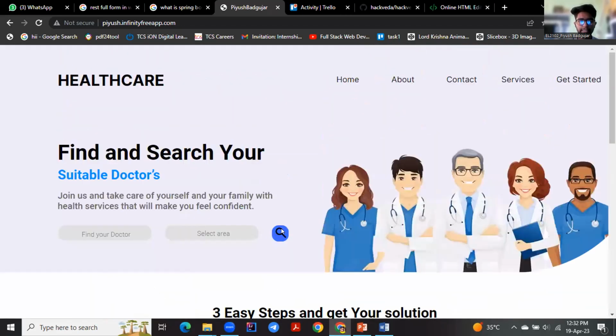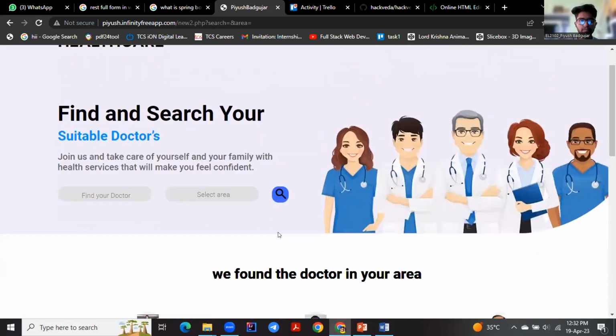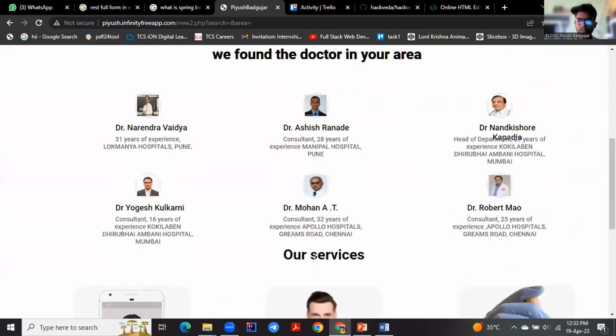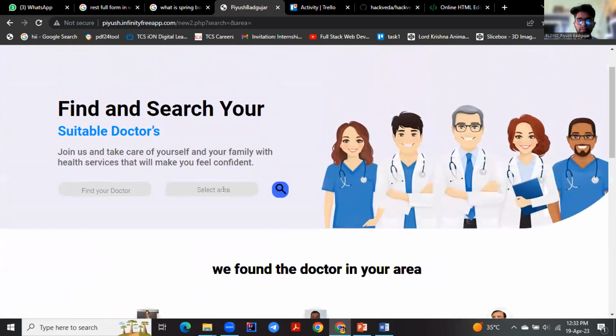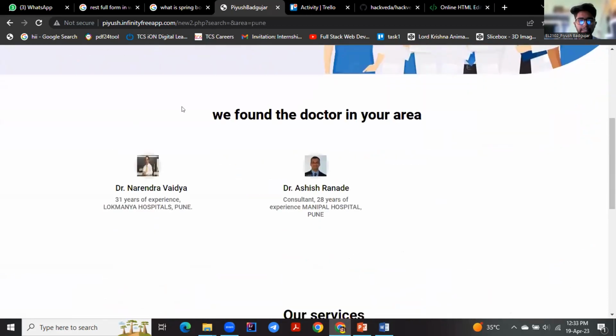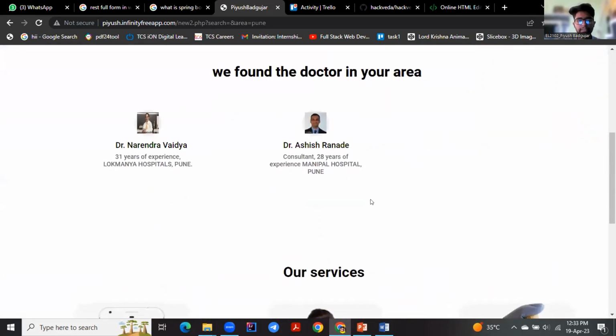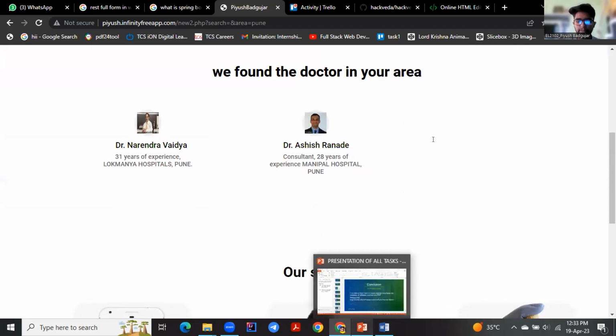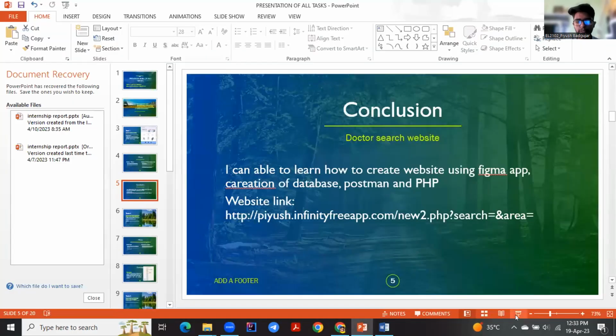Whenever I click on search, okay, I get all the doctors which I have stored in a MySQL database. If I press here Pune, then I will get the doctors who are residents of Pune. Like that, this website works. Okay, so moving forward,